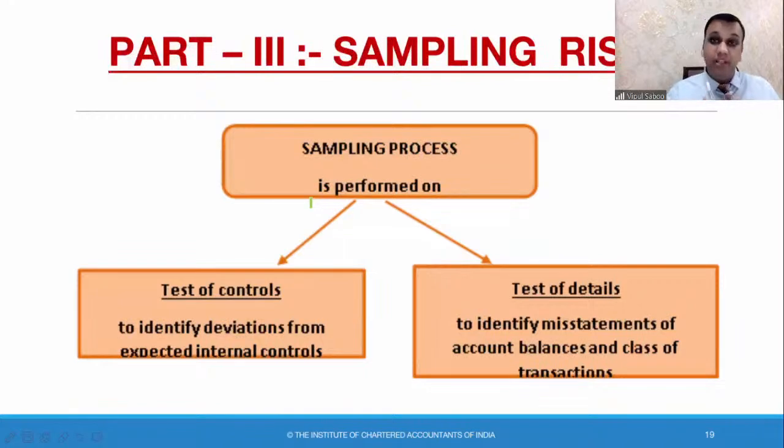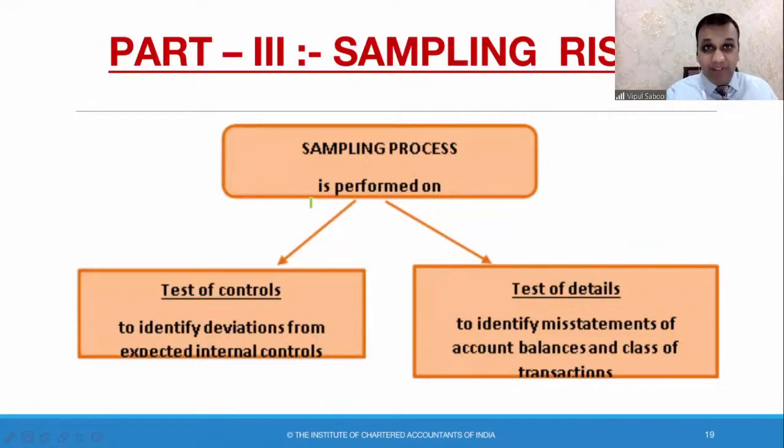there could be a higher sampling error. There could be a deviation beyond our tolerance. The result the sample is giving us and the result the population would have given us if we had applied our audit procedures on the entire population. That is a sampling risk. That the sample does not correspond to the population.